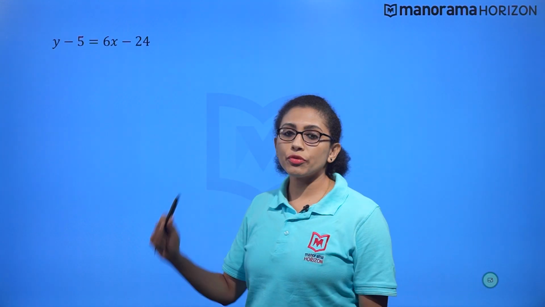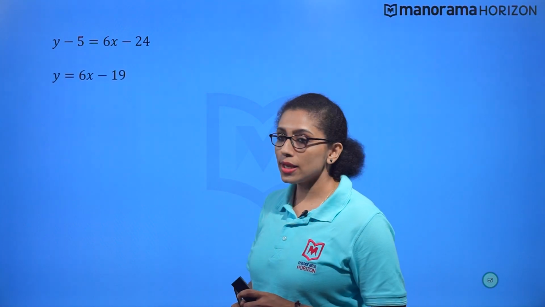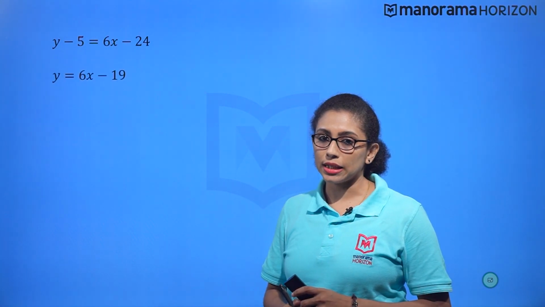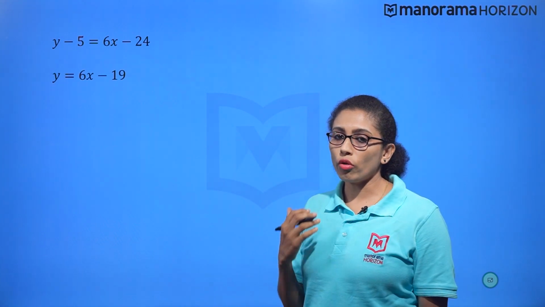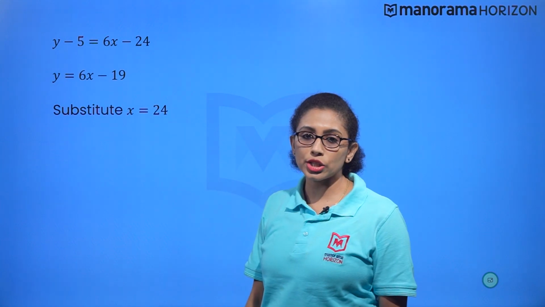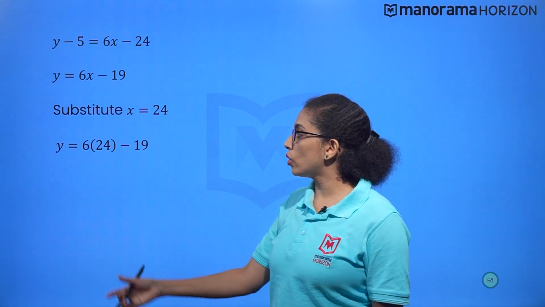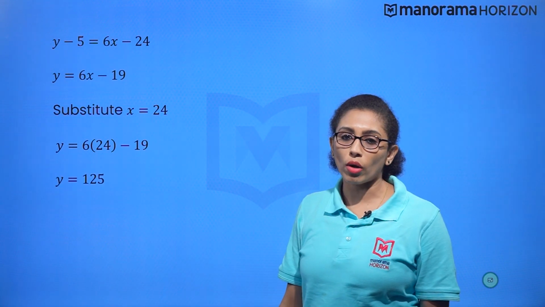Again, y minus 5 is equal to 6x minus 24, which gives y is equal to 6x minus 19. And this is the equation of the line. Now, to solve for y, substitute x is equal to 24 in this equation and we get y is equal to 6 into 24 minus 19, and on calculating we get y as